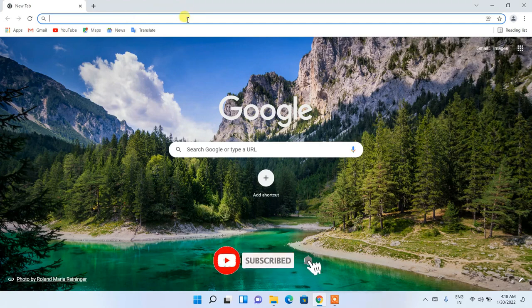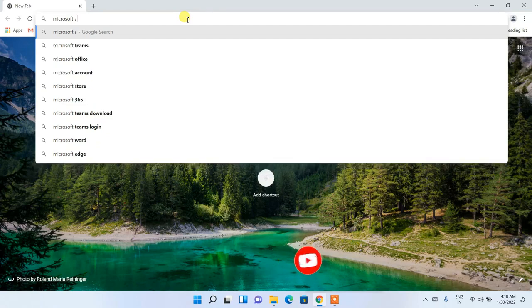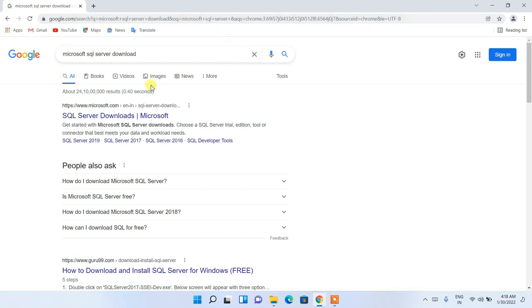in the address bar just simply type Microsoft SQL Server download, then enter. And then you'll be seeing this www.microsoft.com. Then SQL Server download is basically our first search result. So just simply click on SQL Server downloads